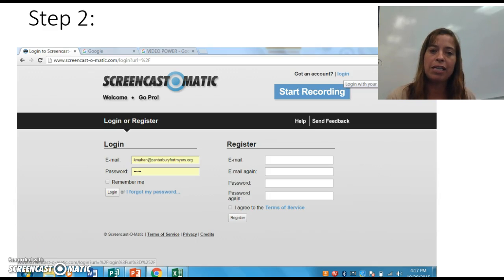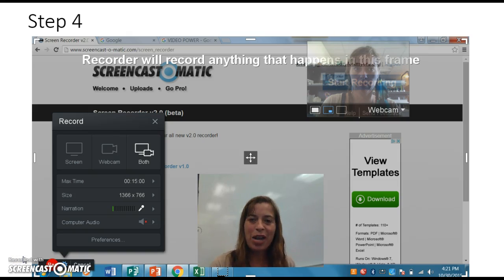As soon as you get into the Screencast-O-Matic website, you will find an area where you can either log in or register. I would suggest that you register using your school account, which is what I did, and then just click the register button and you'll be up and running within 20 minutes. I went ahead and logged in so that you can see what I like to do as far as getting my students prepared. Once you're able to hit those start recording buttons, you're going to probably pick the V2 recorder,